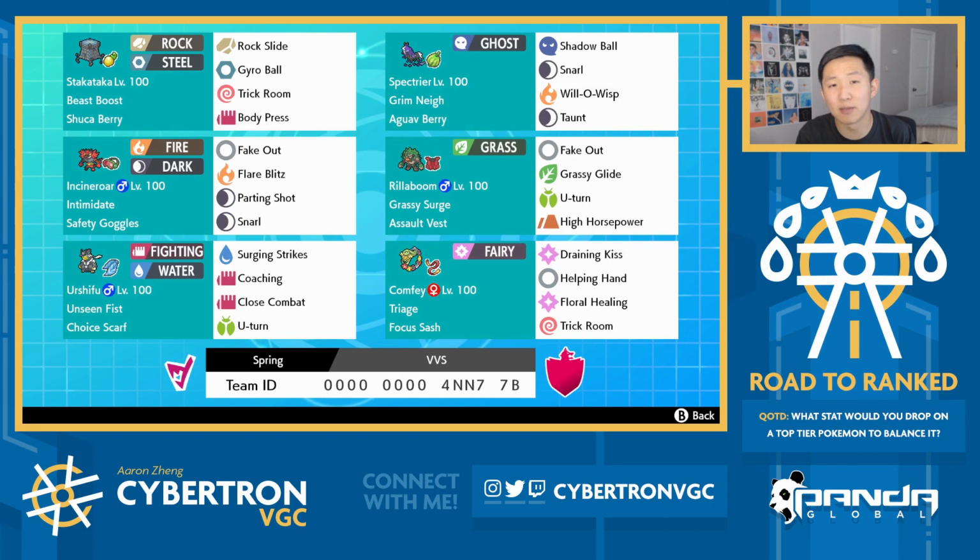So this team is really interesting because it is a lot slower paced than a lot of teams that we've played with in Series 7 or Series 9, right? A lot of hyper offense exists in this format, but this is kind of the complete opposite. Games are going to go a lot longer with this team, anywhere between 10 to 20 minutes, because the whole idea is to basically apply pressure in the early game, but not actually do that much damage,